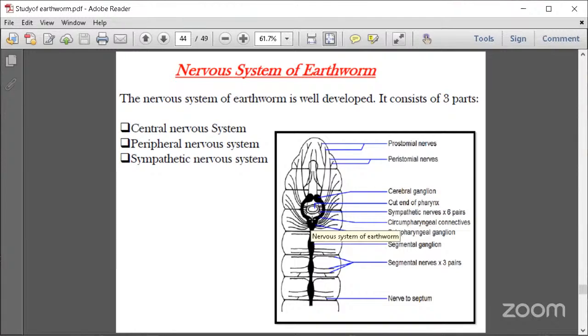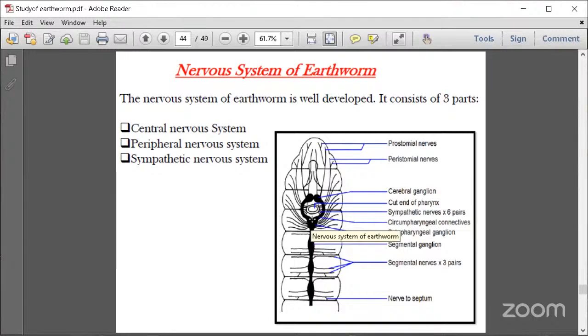Here you can see the structure with bilobes. A pair of whitish pear-shaped suprapharyngeal ganglia fused to form brain that lies dorsally in the third segment in the depression between the buccal cavity and the pharynx,